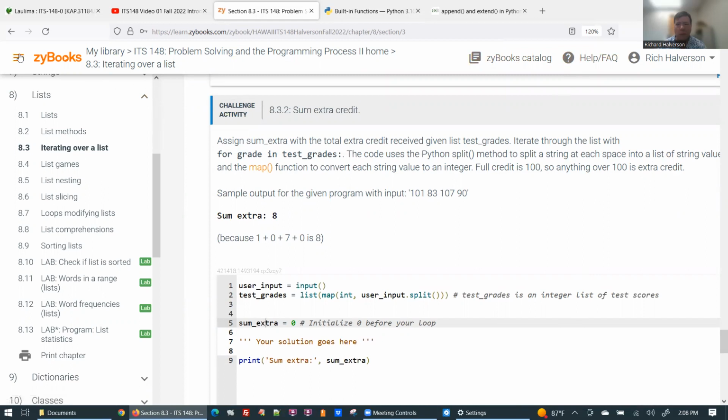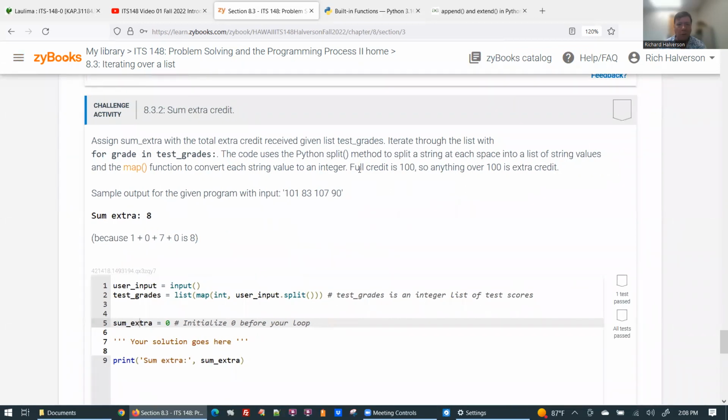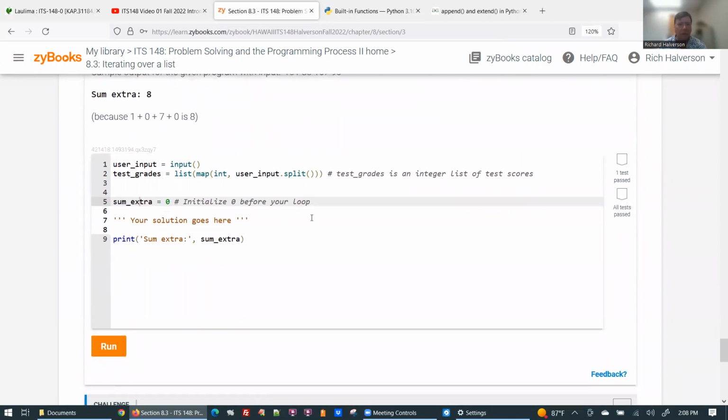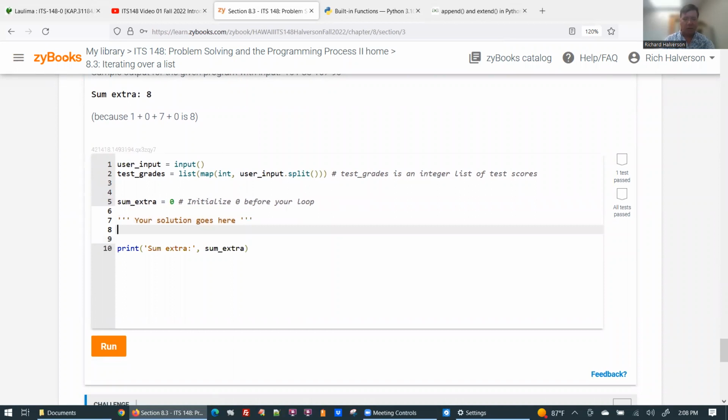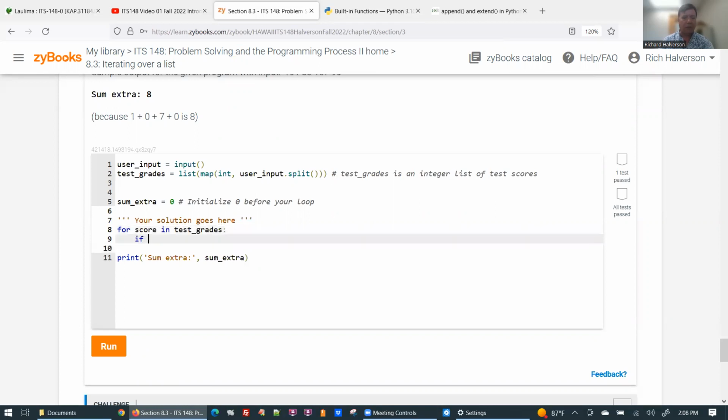We're supposed to, what is this? Everything over 100 is extra credit. I see. So if you read in this, when it sees the 101, it's going to add 1. Okay. So, all right. So I need to do a for loop for each score in test grades. If score is great, I've initialized sum extra. That's good. If score is greater than 100,